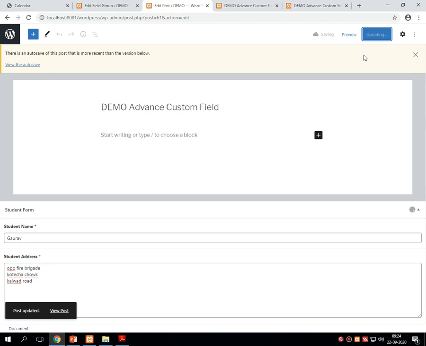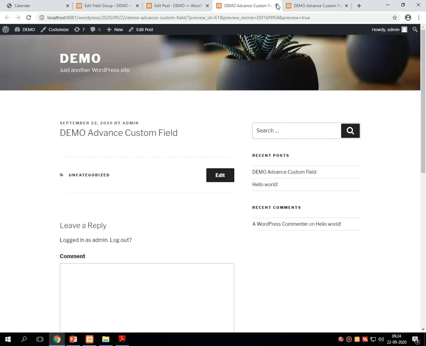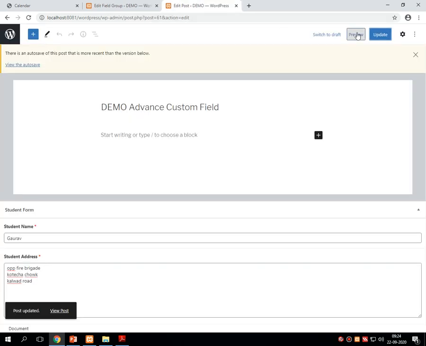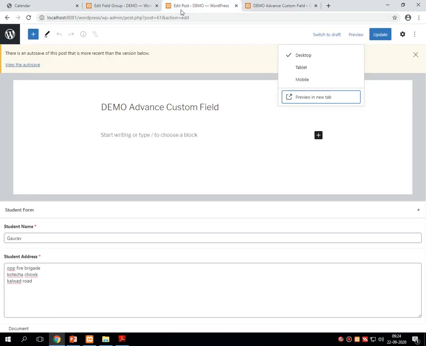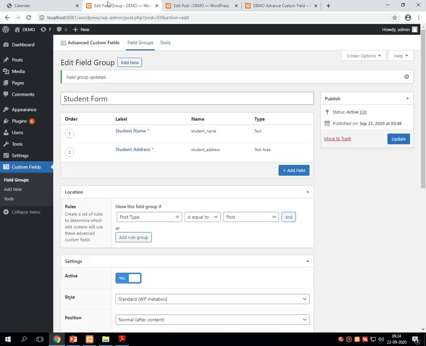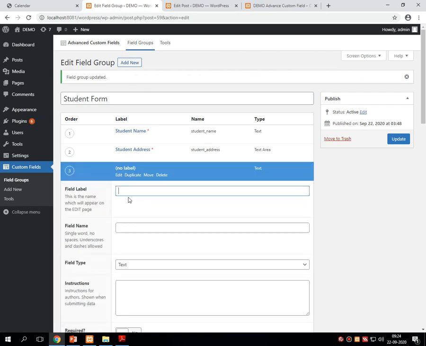Once it is done, I am previewing this in the new tab. It returns the post onto the screen without any data, right? So we'll learn how to display all that data onto the screen later on, but it works. Now let me expand with more field options. Now I am entering gender.